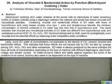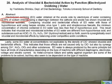Finally, let's take a look at this interesting study from the Tohoku University School of Dentistry. They were testing various machines that made electrolyzed oxidizing water. I want to point out one thing from this study that helps you understand how the electrolyzed oxidizing water is made. You see where I've circled in red that it always takes about 0.05% of a dangerous chemical called sodium